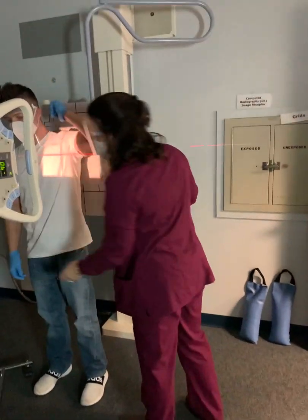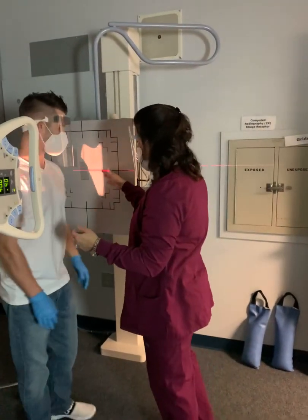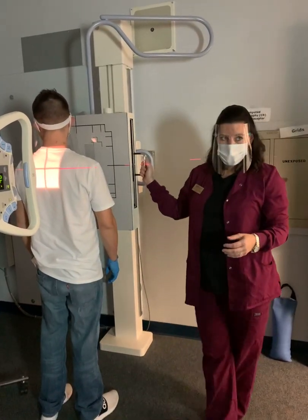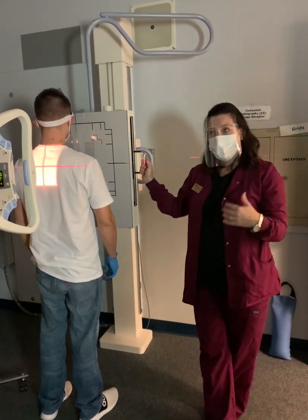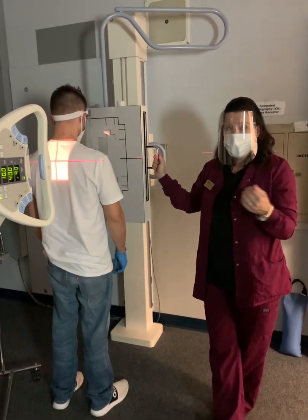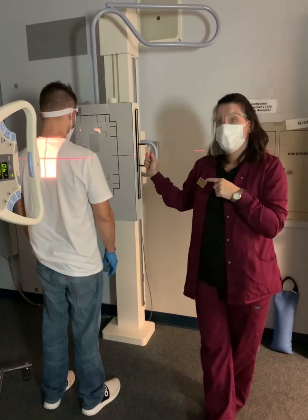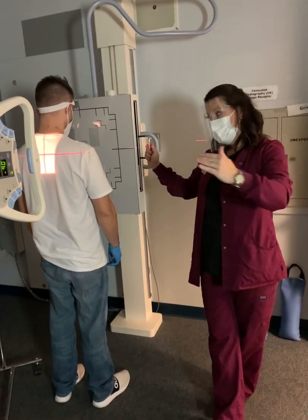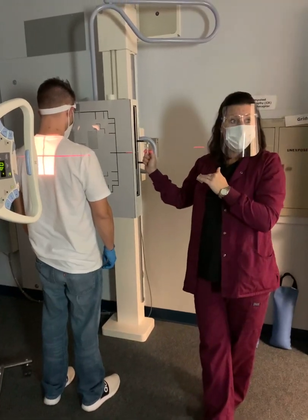So patient, I'm going to get you to turn and face the board for me. Now, remember I told you the lateral scapula is very similar to the scapula. The difference really is the placement of the arm and the central ray. So with the scapula, we kind of exited out of the joint space. Here, we're going to enter and come through the middle of the scapula, the body